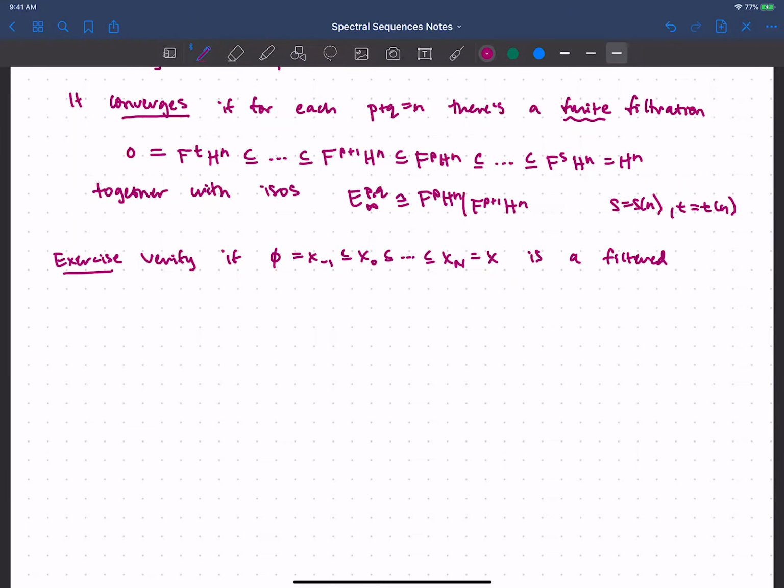If this is some filtered CW complex, not necessarily the cellular or the CW filtration, but just some cellular filtration, and the point here is that this has a finite filtration, then we get a first quadrant spectral sequence